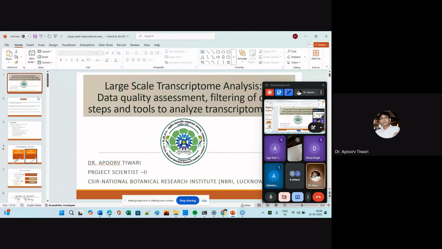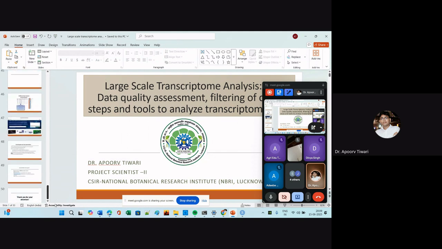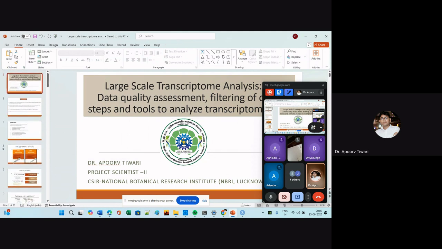You can just download the transcriptome data, which is available on the NCBI website. You can use that data for training purposes, and use it with Galaxy, as well as software you can install locally on your computer. So this is all about the basics of transcriptome data analysis. And if you have any query, then you can